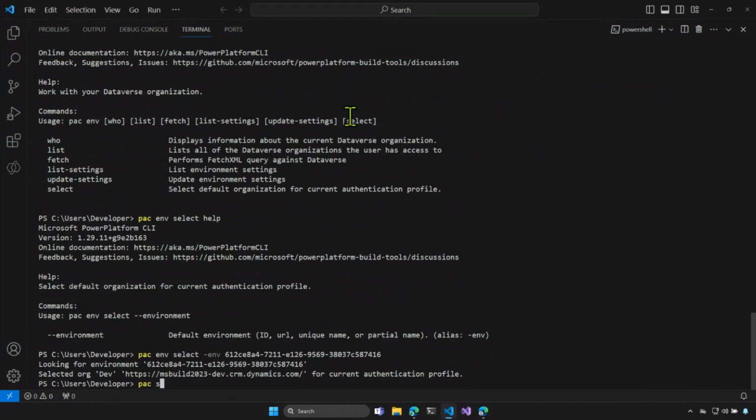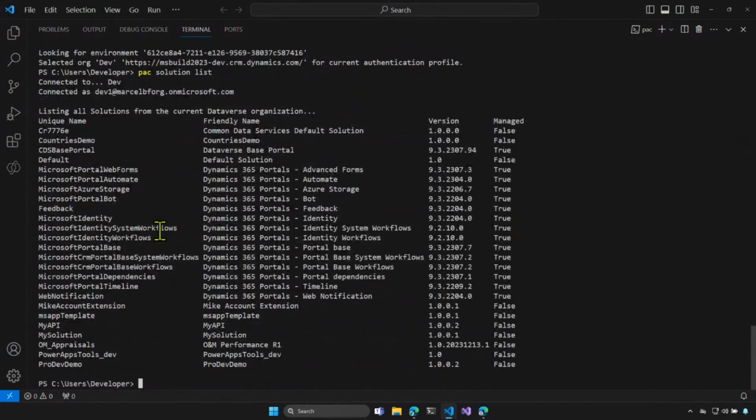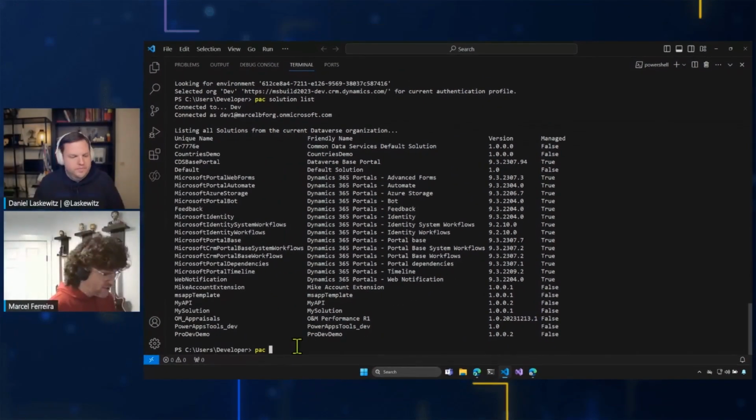If I do a pack solution list, I will get the list of solutions I have in this environment. Oh, that's a lot more. Oh, yes. So that's what we did. We simplified a lot. And the last thing I want to say is, if you are using authentication profiles,